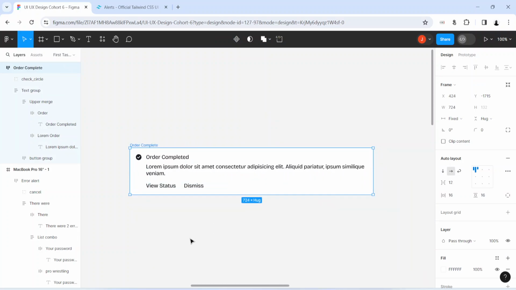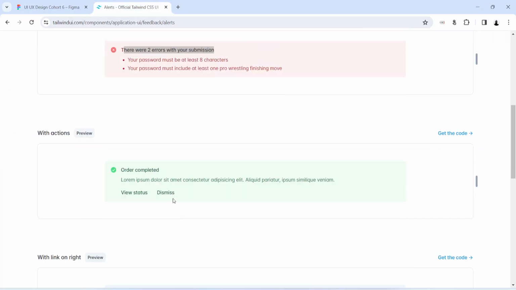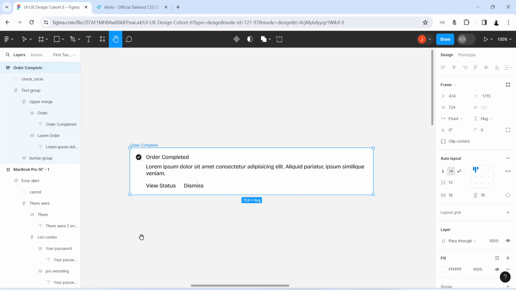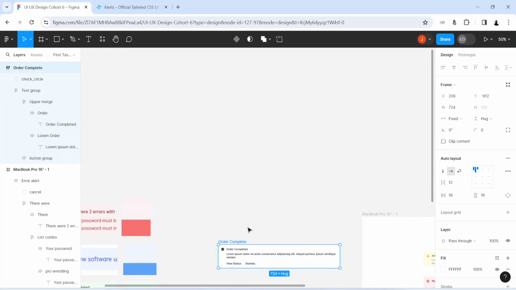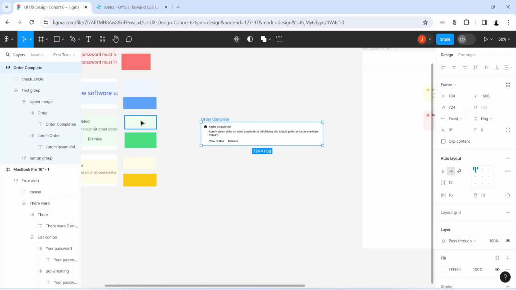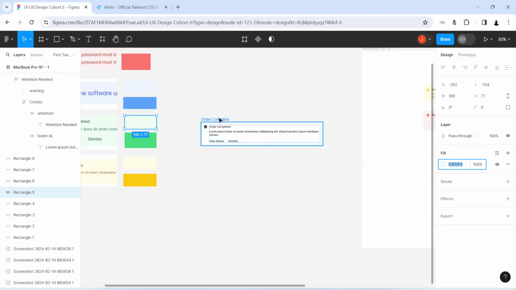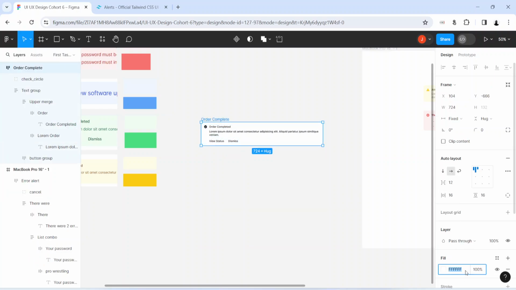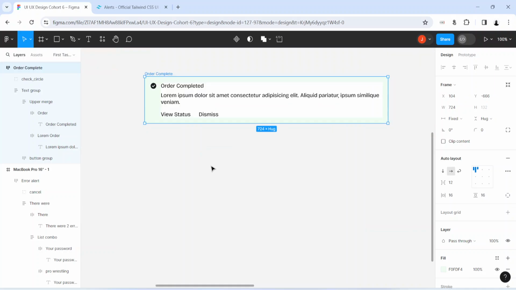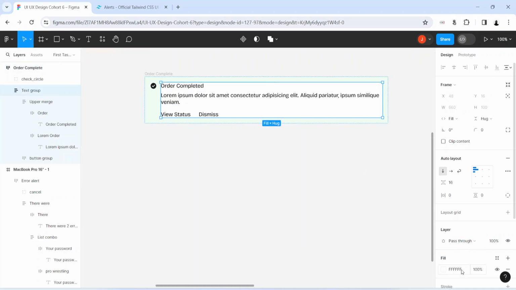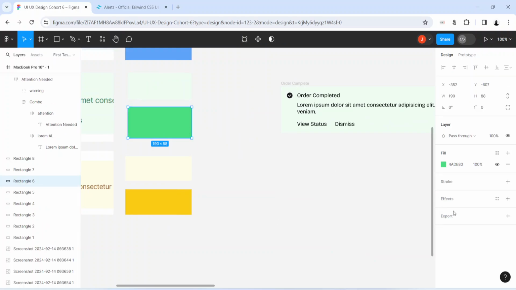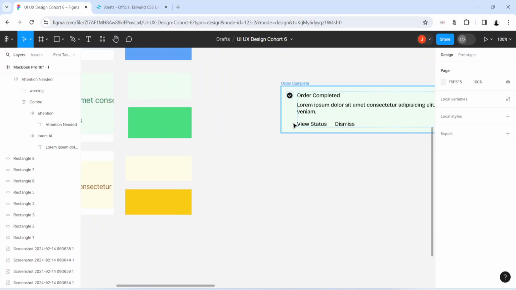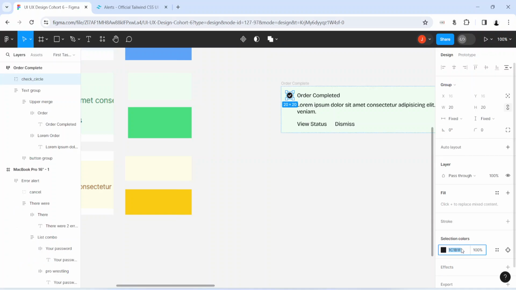Now, what do we need to do next? To set colors. Now, what are the colors that we need? The green colors, right? So I would come here. Let's look for the green colors. So this is the green color used for the background. I'll pick that, select the auto layout, and put that green color there. And of course, you can see this other section still makes use of the white color. I would select this text group auto layout, and I would give it that green color still. Then the icon is making use of this green color. I would select the color code for that green color, select the icon,